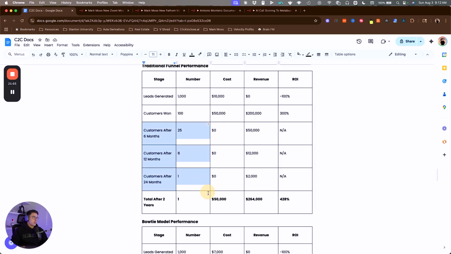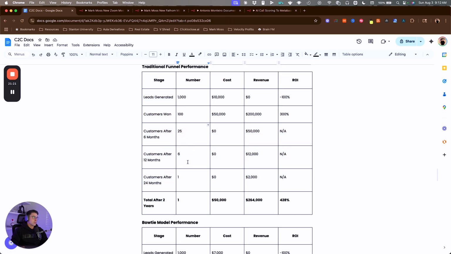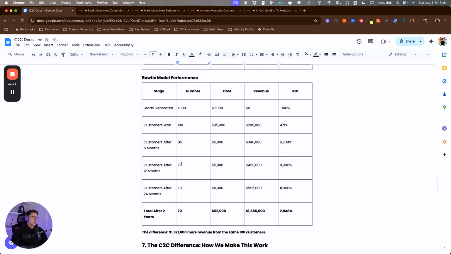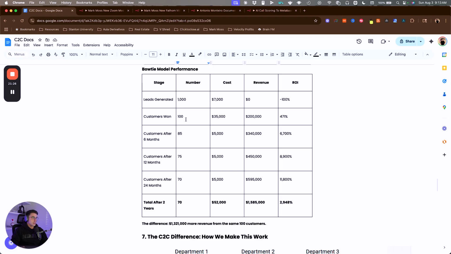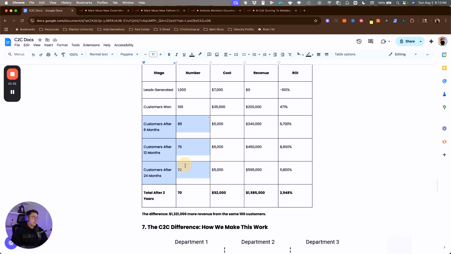So if you're doing renewals, good. If you're not even doing renewals, you're not even going to get this. You're just going to get these customers and then upsell them into a mastermind, and that's it. If you're not doing this even, it's going to be very hard to really grow in the marketplace. But if you just want to start with the Bowtie, you can generate these 1,000 customers and win 100 customers, a very optimistic scenario. And you try to map out all of your activation points so that customers after 6 months are at 85,